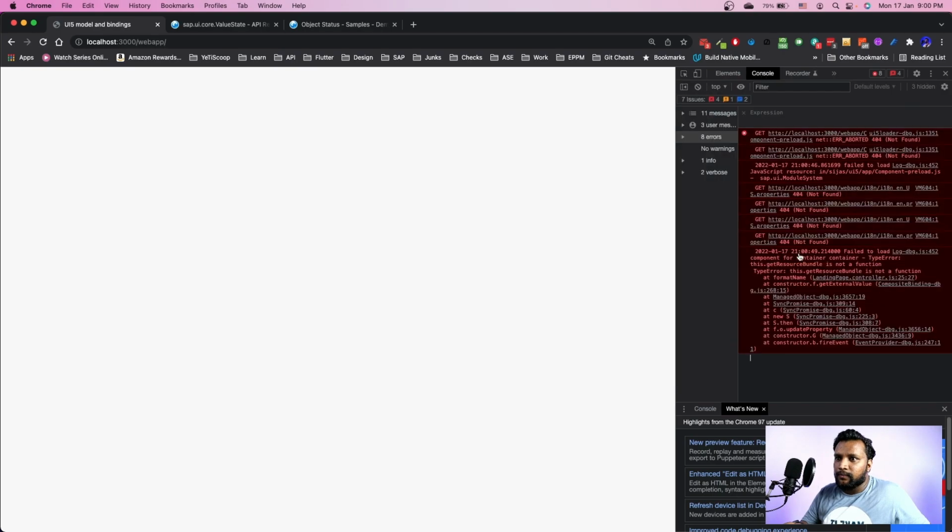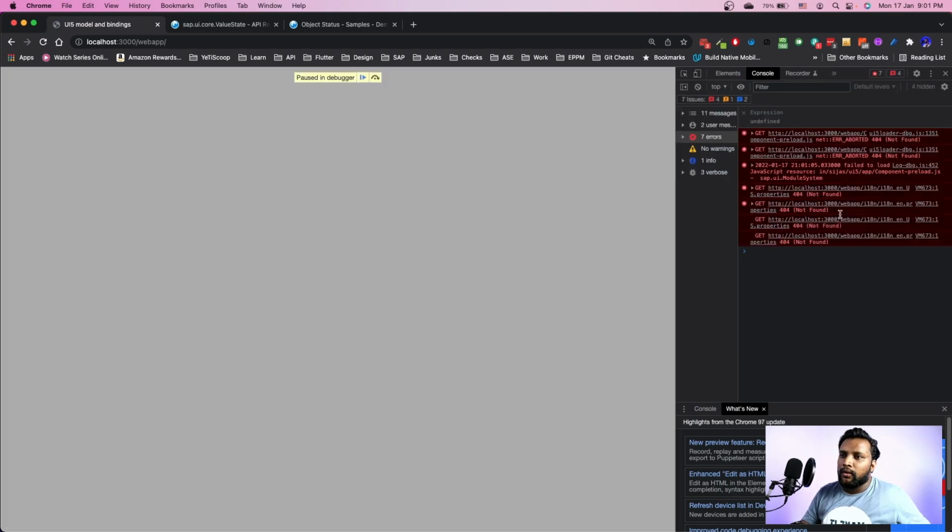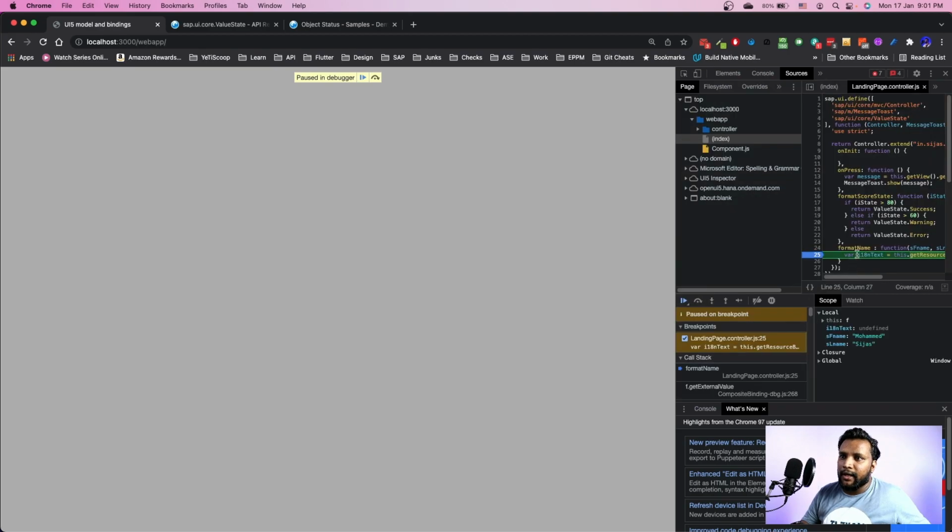We have an error. It's saying that format name get resource bundle is not a function. That's okay. I have put a debug point there, and let's see how to get the resource bundle instance over there. Once we are here, we have hit a breakpoint.